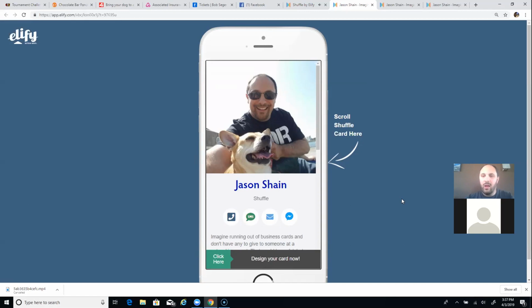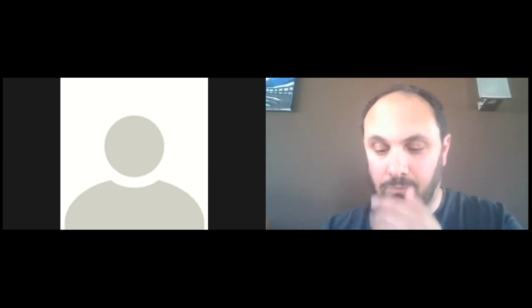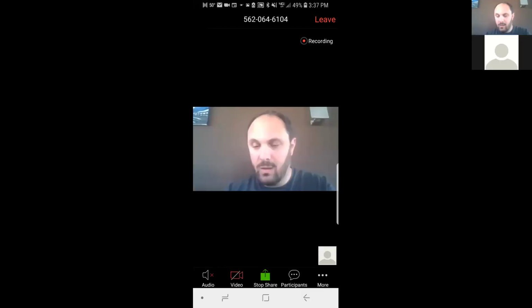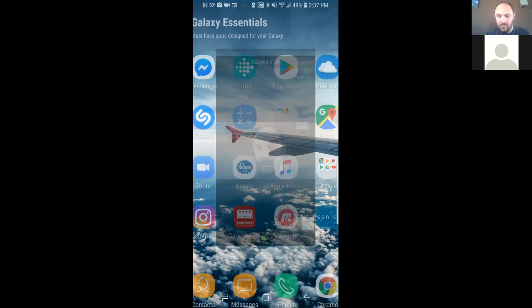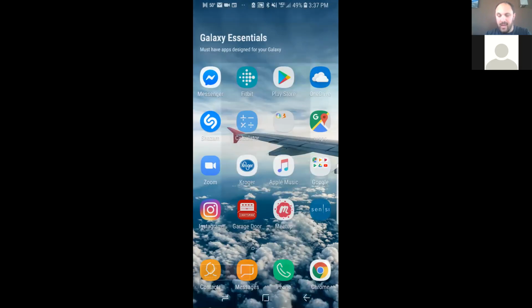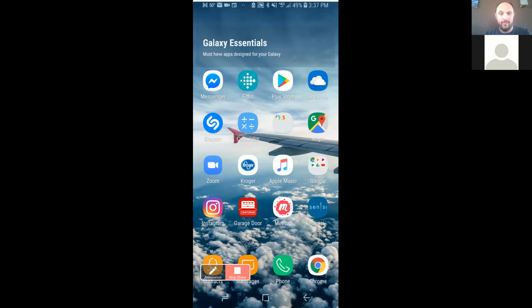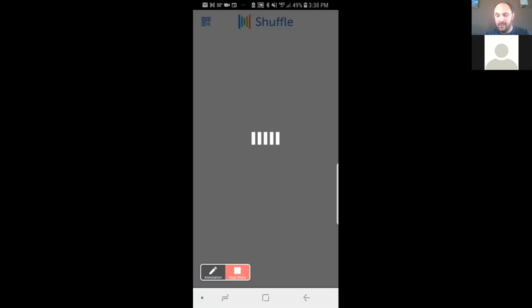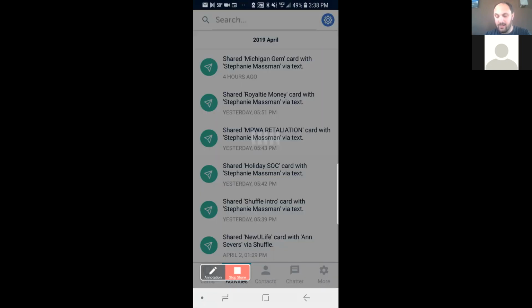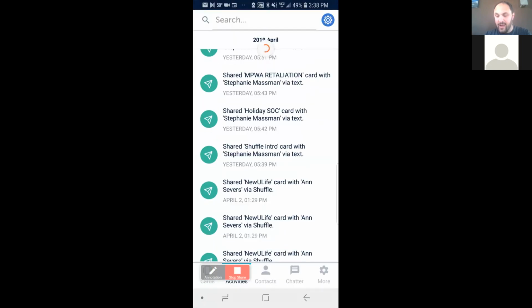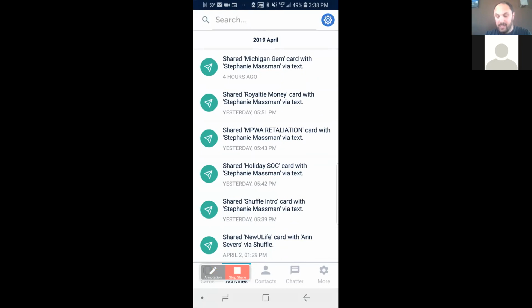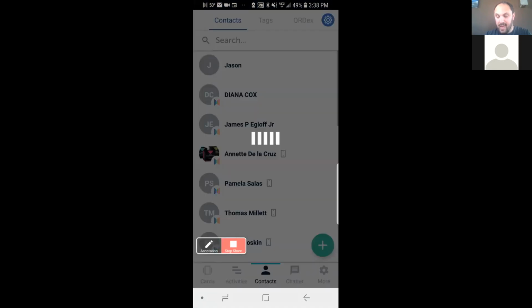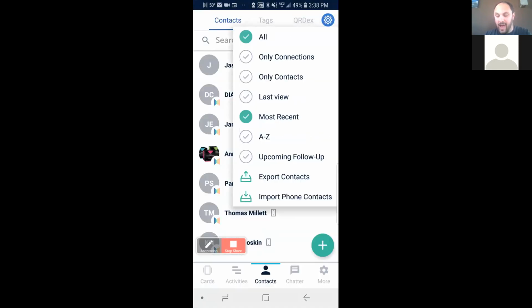And so now let me show you what the notification looks like on the phone when somebody fills that out. If I swipe down on the phone, it said new lead captured. And so if I click that, it goes into my Shuffle account. And basically where it will be is if I go into my contacts, I could actually do this by,